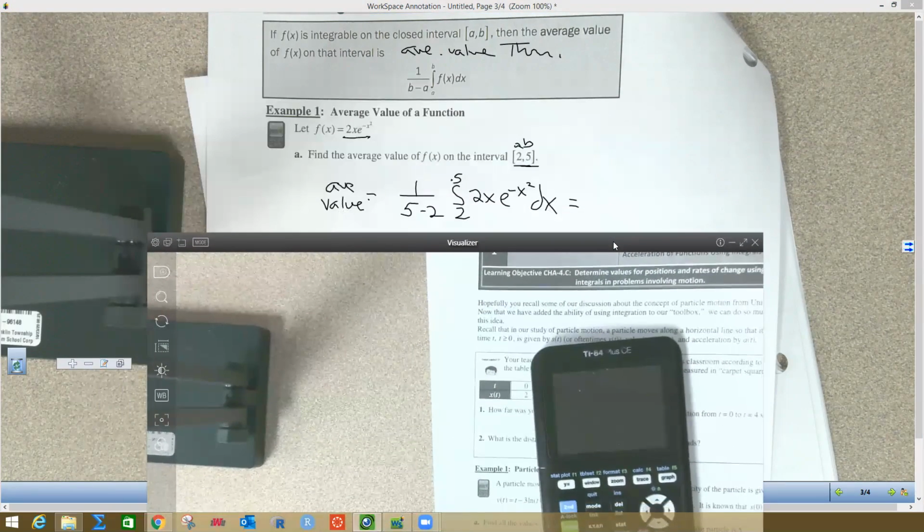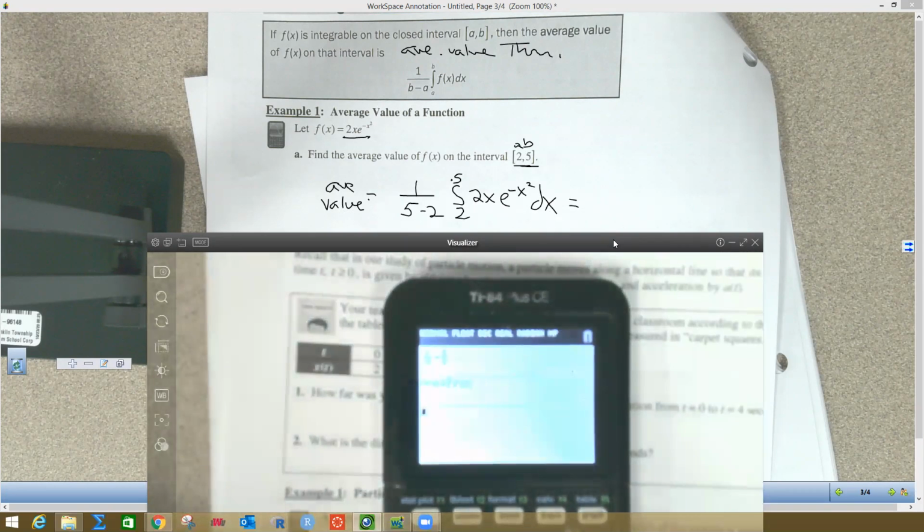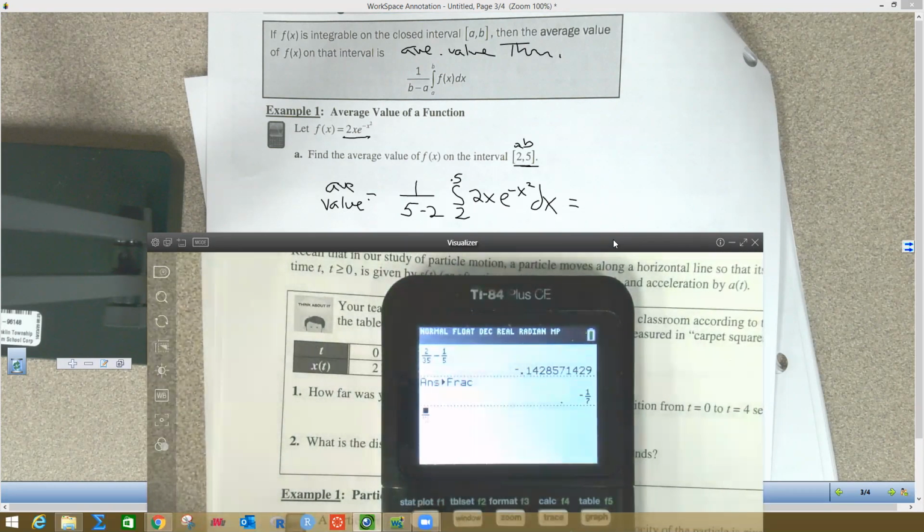Let me get it where I can see it. Okay, and then I'm going to zoom in here on my calculator. What you're going to hit on your calculator is alpha y equals 1 for the fraction bar. I'm going to put 1 over 5 minus 2. Now if you just put 1 over 3, that's fine. And then we hit math 9, and we're going from 2 to 5. And we're going to come over here and put in 2x second natural log e to the negative. Make sure you use the negative by the decimal point. If you use a minus sign, it'll give you an error. X squared